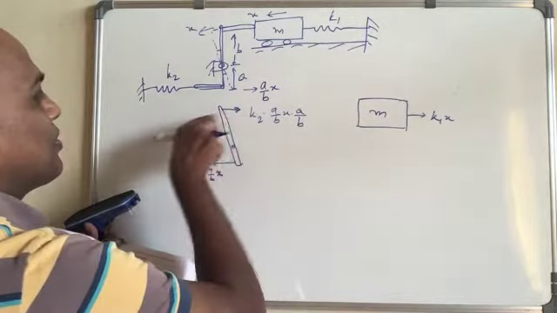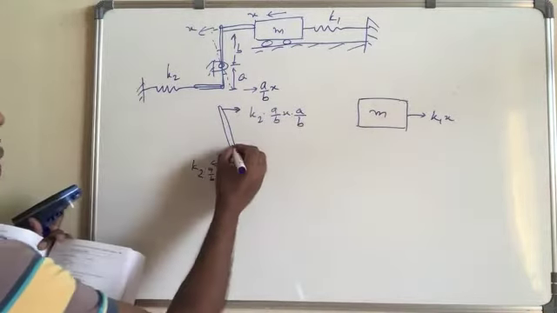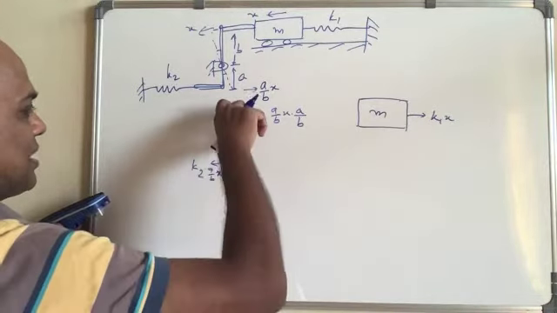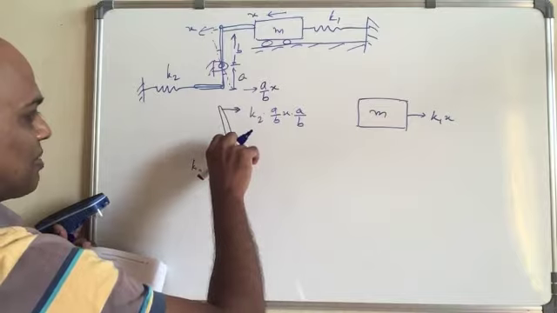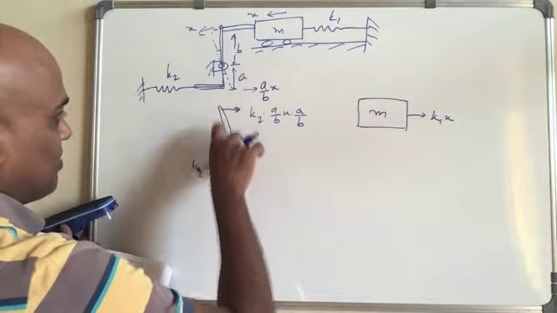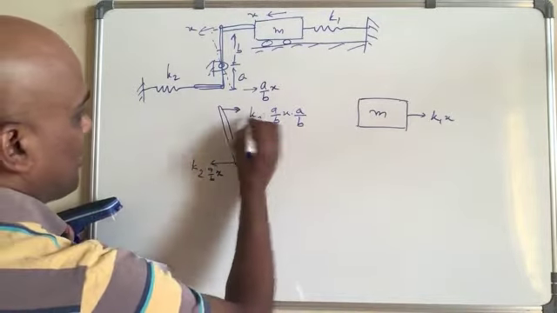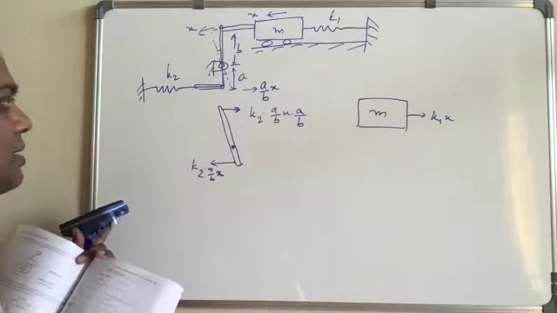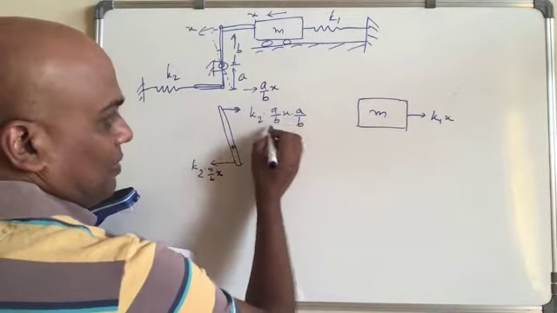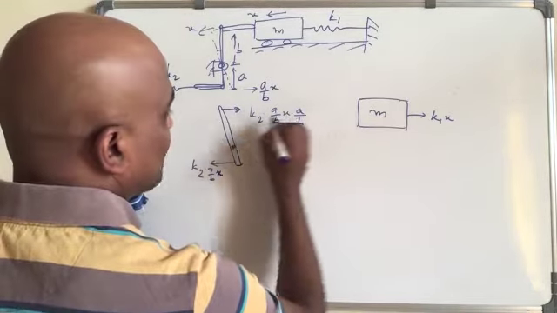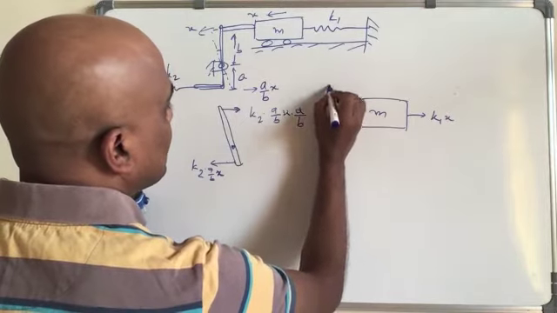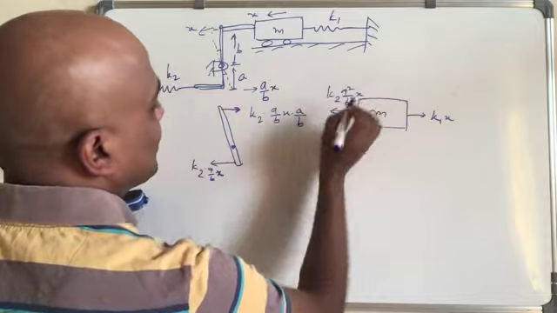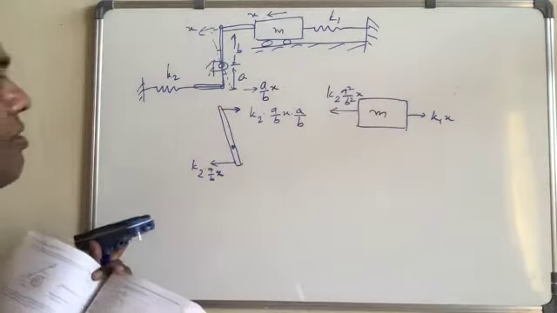So this will be the force this way, because if you take the moment about this one, it has to match whatever moment we get because of this one. So both moments will be the same. Hence the value of the force has to be in this case like this one. Okay. So this is what the force will be. If this is the force here, the force here becomes k2 a square over b square times x. So this is the total force we get.